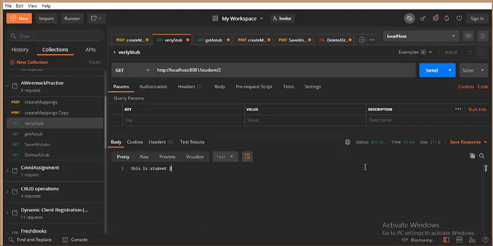Hi there, welcome back. In our previous video, we talked about different operations that are possible against a stub: how to get a stub, how to delete a stub, and how to save a stub. We also talked about how to get the list of all stubs present in our mapping directory. In this lecture, let us go a little beyond and see how we write the regular expression